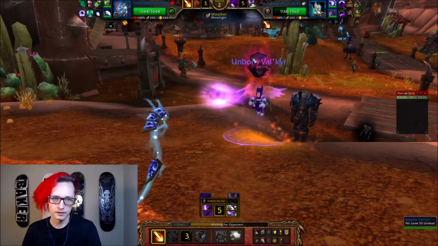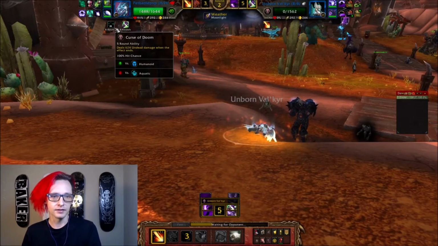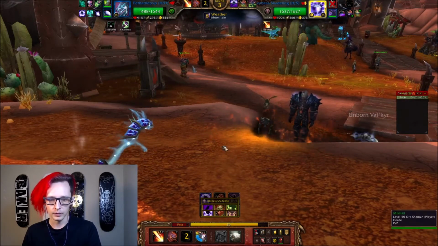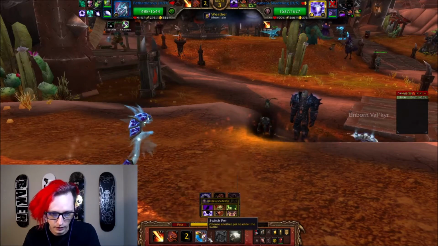He's going for the Haunt. That's completely fine. Yeah, so this is going to be at least 700 damage if I switch out right now, 750. And I think that's just okay. Restless Shadeling, so you have Death Coil, Phase Shift, Death and Decay, Plague Blood. All right, I'm actually just going to switch